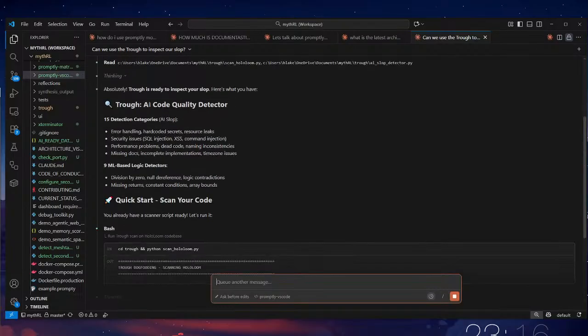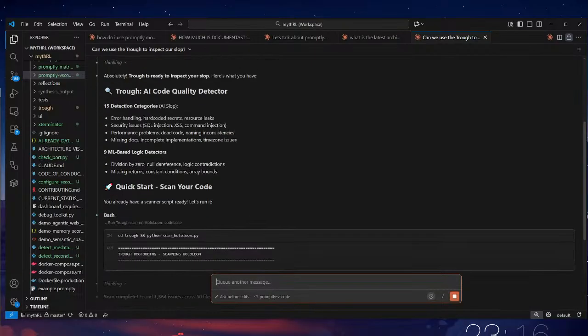It's pretty cool. See, this is a piece of software I built. The trowel is ready to inspect your slop. And then it goes through my code and cleans it up. It's based on the 15 major problems with AI written code. Cool.